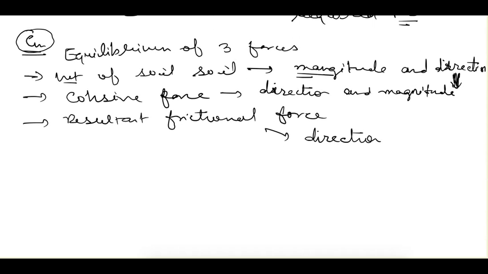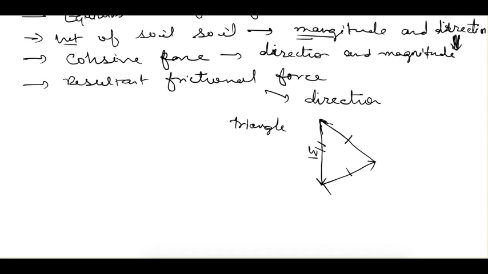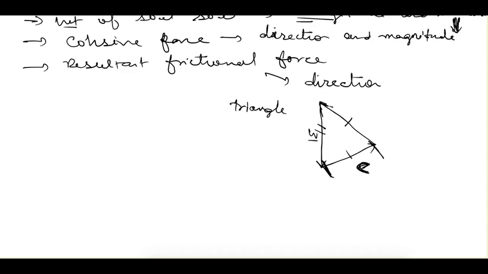So using these three terms, this is weight, so for this we know the direction and we know the magnitude, and for cohesion we know the direction. Similarly, for friction we know the direction. So using the direction of these two and direction and magnitude of these two, we can draw this force triangle. And in this triangle, now when we have got this length, it is equal to our total cohesive force. Now this total cohesive force is also equal to some other quantity, that is equal to CmLc.